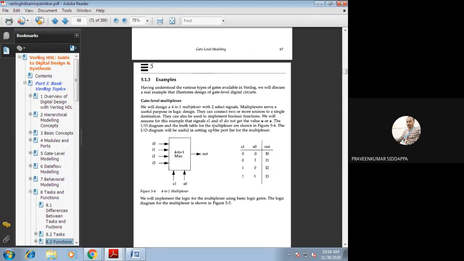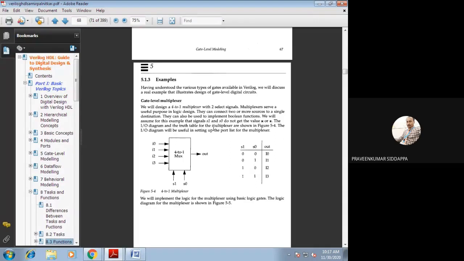So whatever information is there at I0 should be selected and transmitted at the output side. Because of that reason, out is equal to I0 whenever the inputs are 0 0.